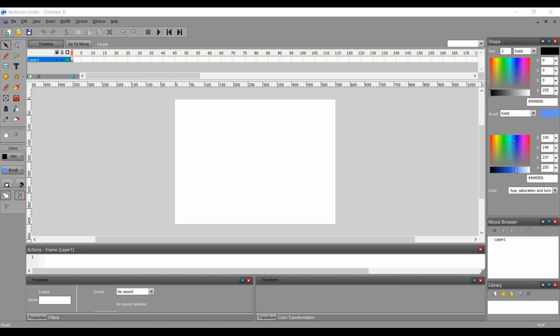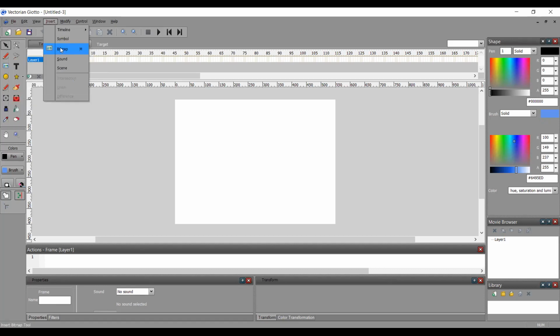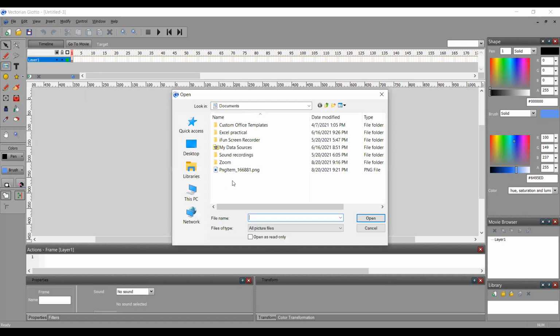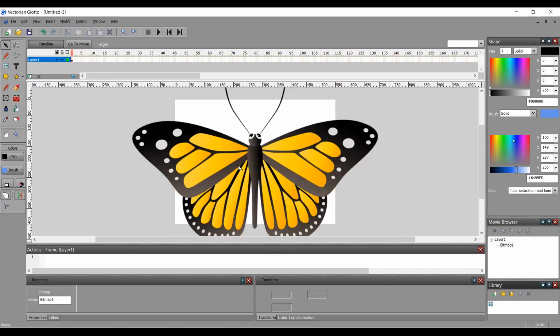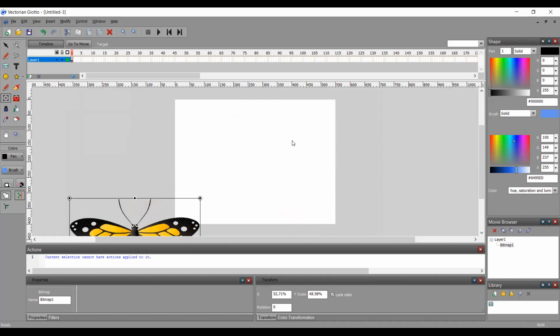Going back to the Jito and the file. In the file menu, I'll select, sorry, insert menu. I'll select bitmap. Or there's another one, you can click the button also. So let's click the button. And I'm going to click on this one and get the PNG. This is the butterfly image. Then I'm going to change this size by using the button. And let's resize the image and make it smaller.